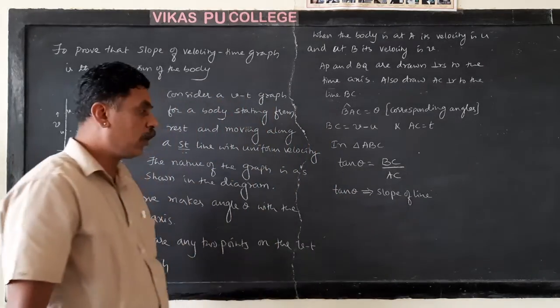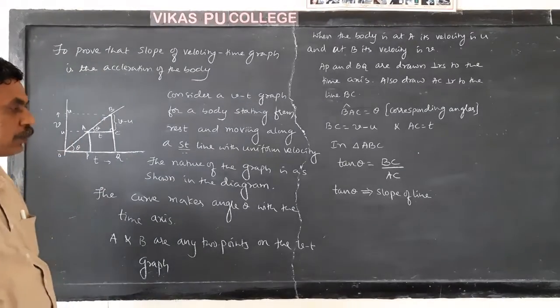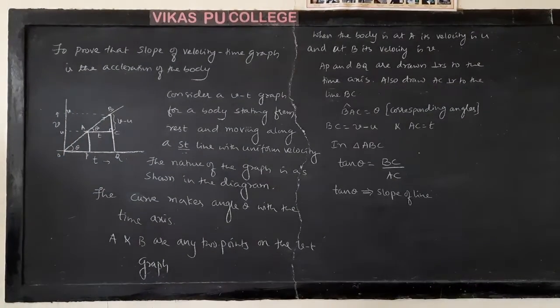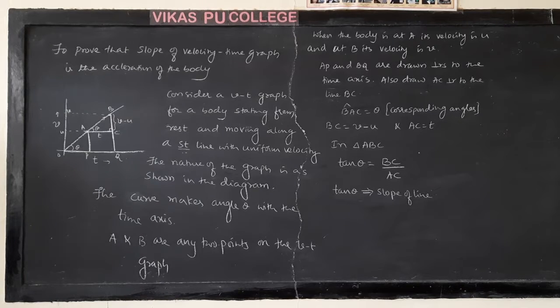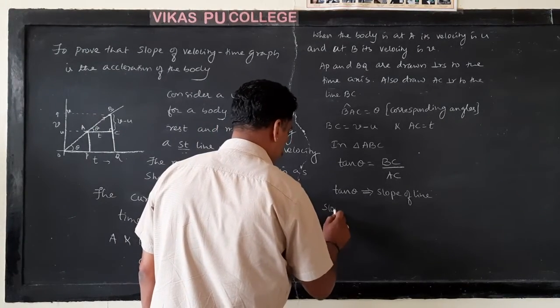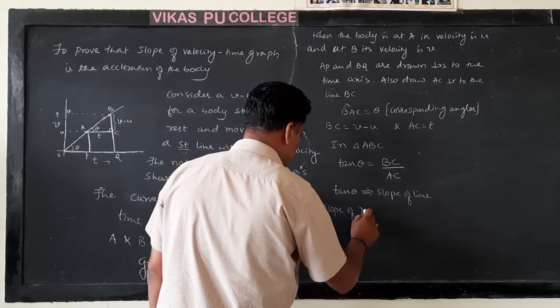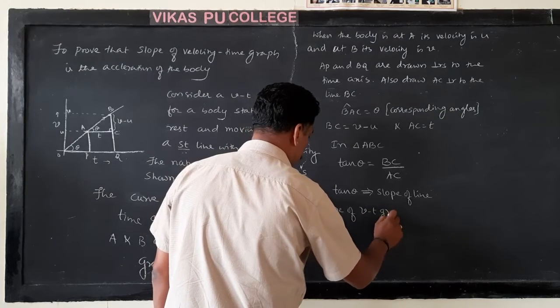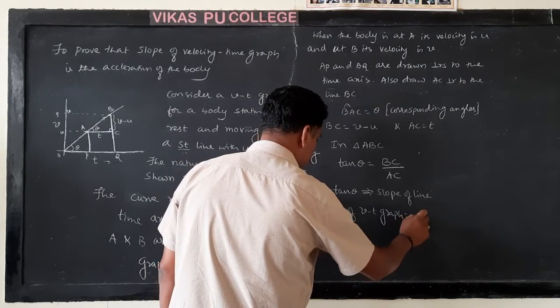So slope of velocity time curve. We have defined slope. Slope is the tangent of the angle made by the line with the x-axis in the positive direction. Therefore, tan theta will give you the slope of the line or slope of the VT graph. So slope of VT curve or VT graph, whatever you call it, is equal to